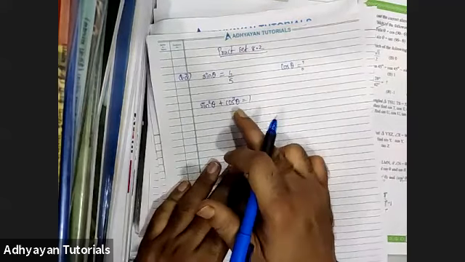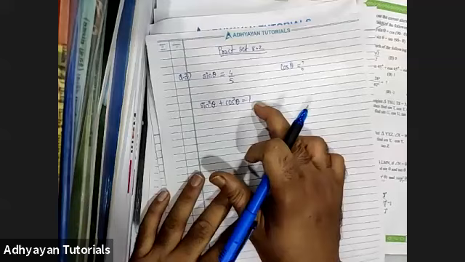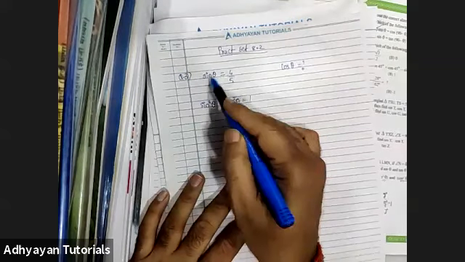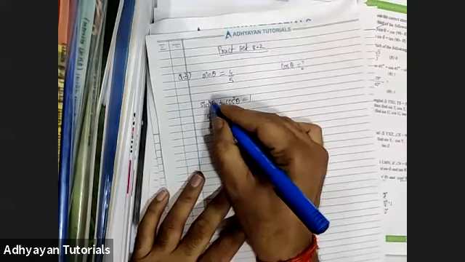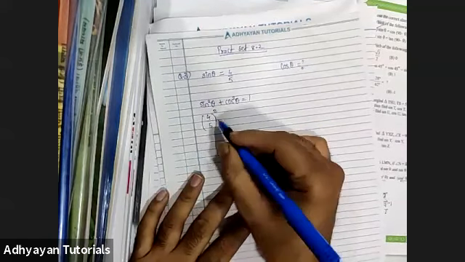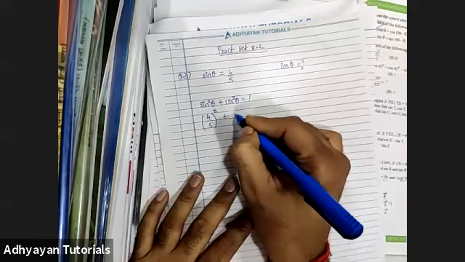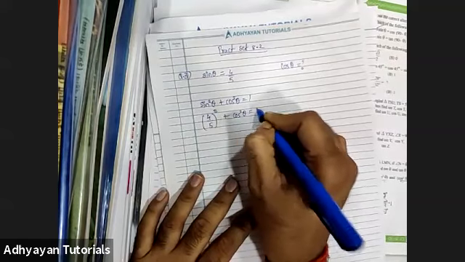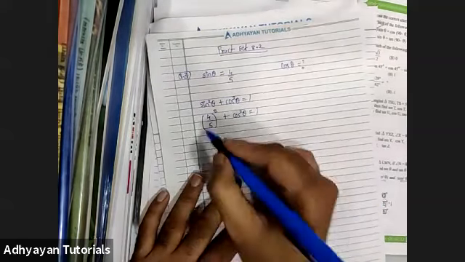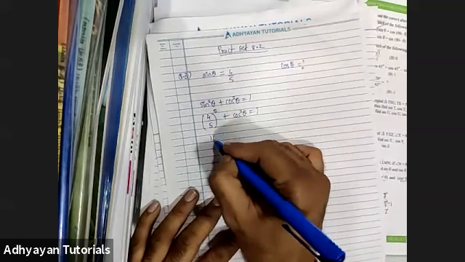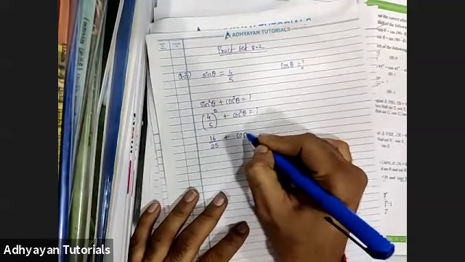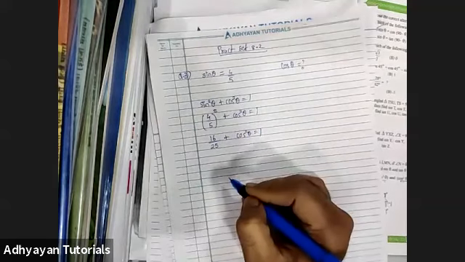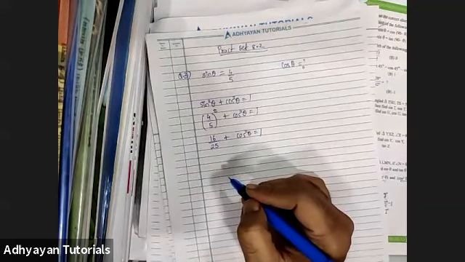Yeah, sine square theta plus cos square theta is equal to 1, right, children? We all know what is the value of sine theta. It is nothing but 4 upon 5. And since it is sine square, in the formula, I have to put a square here. Plus, we don't know the value of cos square theta. We copy it as it is, right? Now, children, what is 4 square? It is nothing but 16. 5 square is 25. Plus, cos square theta is equal to 1.